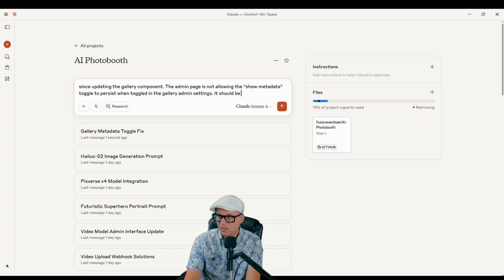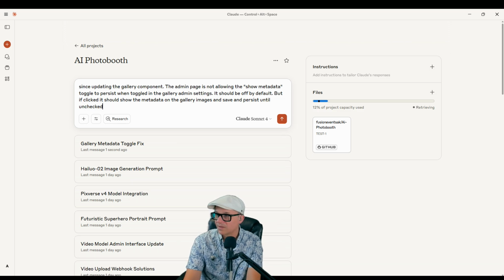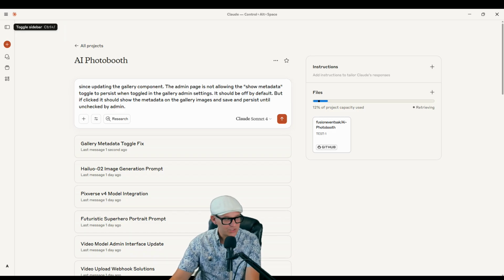It should be off by default, but if clicked, it should show the metadata on the gallery images and save and persist until unchecked by admin. Okay, so now I'm going to paste back in the original working admin file that I had,